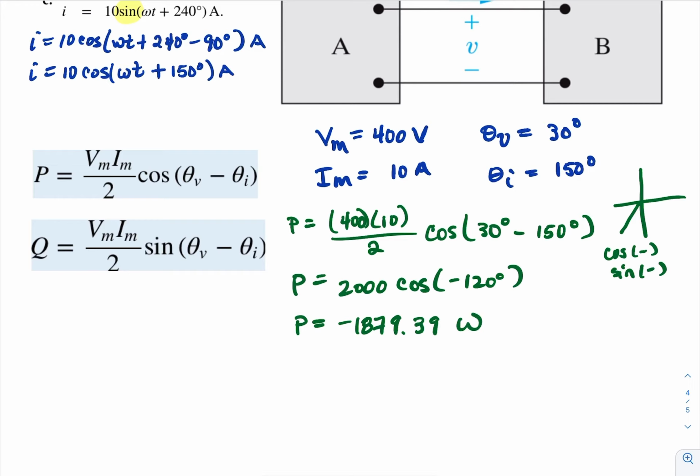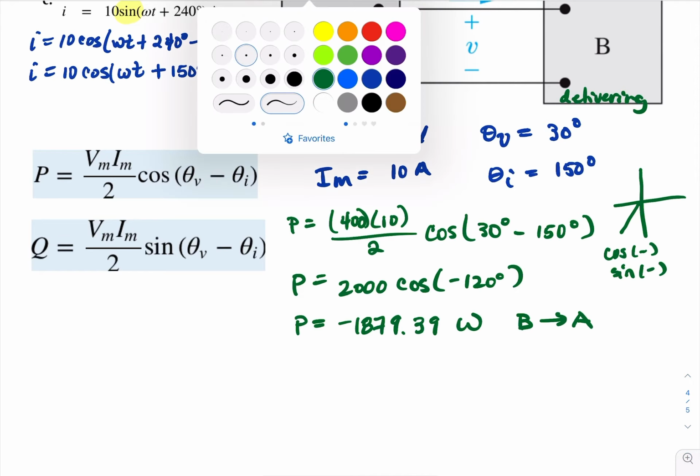And it's a negative, so that means that B is delivering and A is absorbing. So our flow of average power should go from B to A. All right, let's take a look at